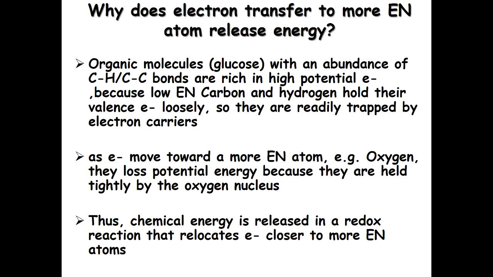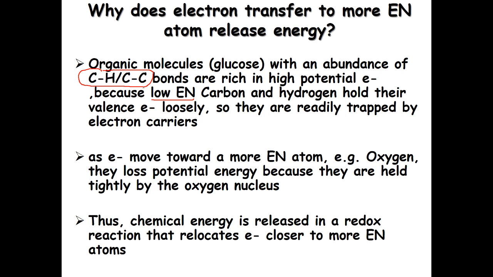So here is the energy that we've been talking about, that we're trying to steal electrons from, in the chemical bonds in glucose. In particular, we're looking at the carbon-carbon bond and the carbon-hydrogen bond. And the reason being is because if you remember, carbon and hydrogen have very low EN, okay? Very low EN. So just like stealing candies from babies, right?